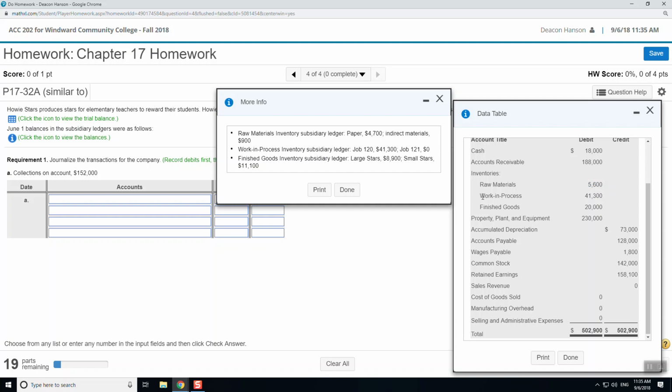Okay, so I got a work in process master account with 41,300, and that's made up of job 120 for 41,300. Apparently they've started job 121, but they don't have any costs moved into that job yet. So that's why it's zero. So that ties out at 41,300, and then finished goods is